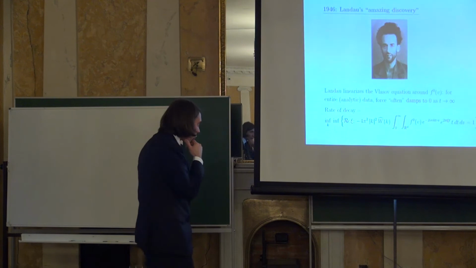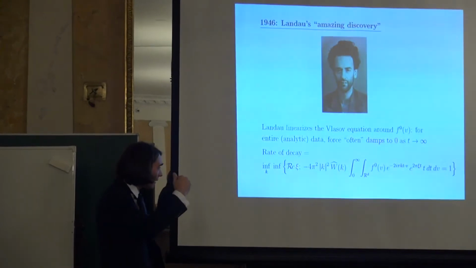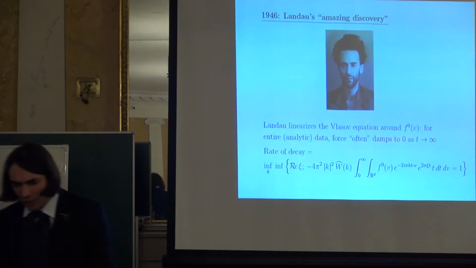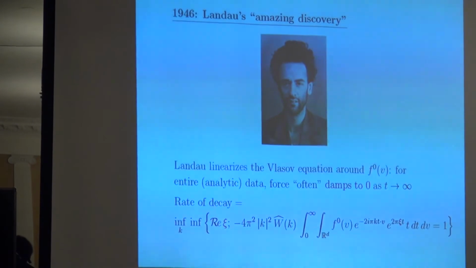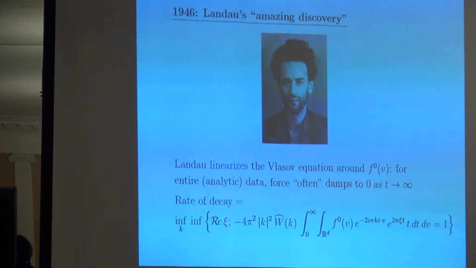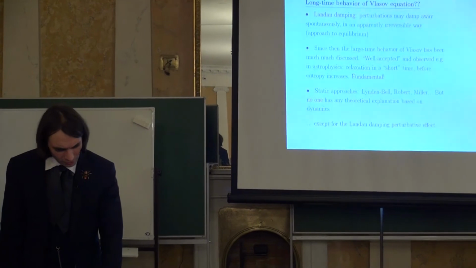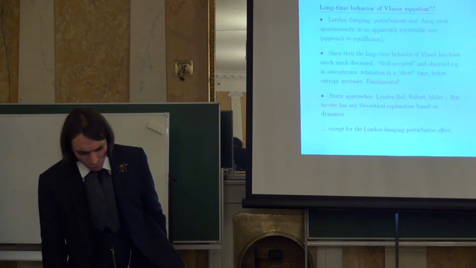He gives a formula for the rate of decay, which I write here. You don't care about the exact shape of the formula, but he says the rate of decay for the linearized equation is this. It's obtained by the solution of some equation involving complex numbers, and the infimum of some real parts of some complex numbers, etc. This has been called since then the Landau damping, the idea that the force may damp in a system even if the entropy is constant and there is no stabilizing effect of the type of Boltzmann. This was the start of the problem of the long-time behavior of the Vlasov equation.